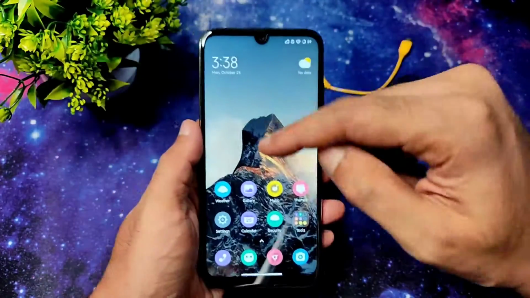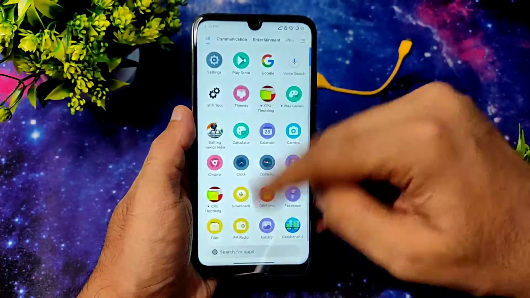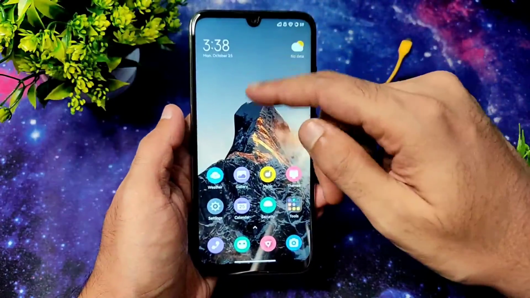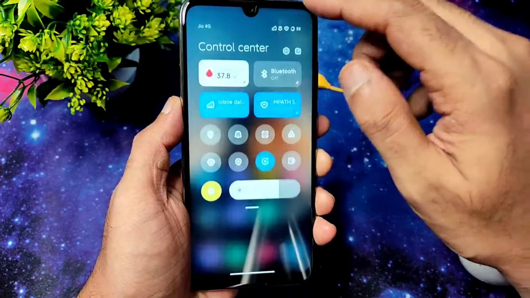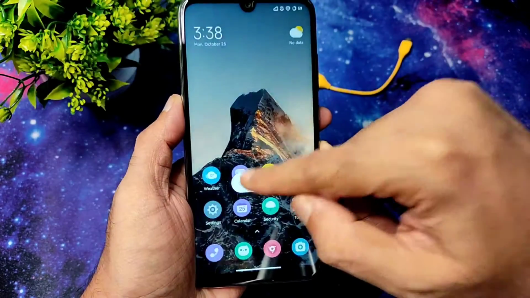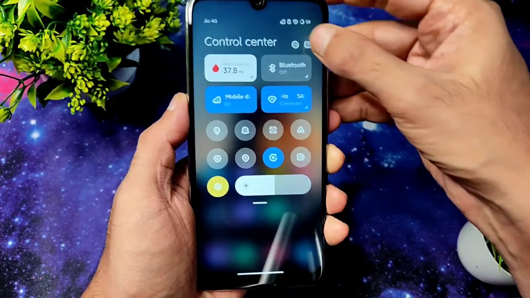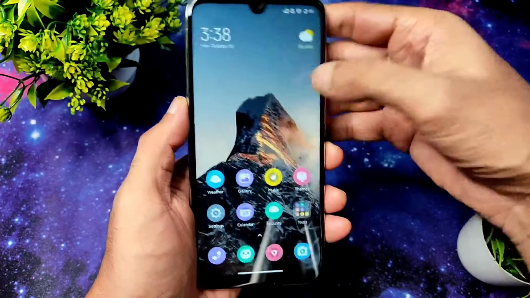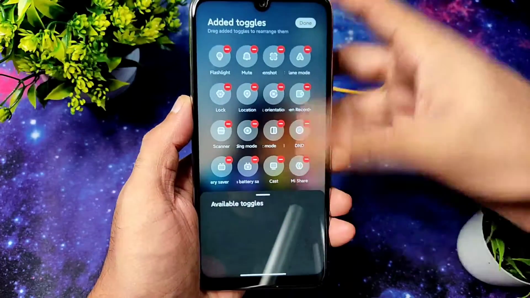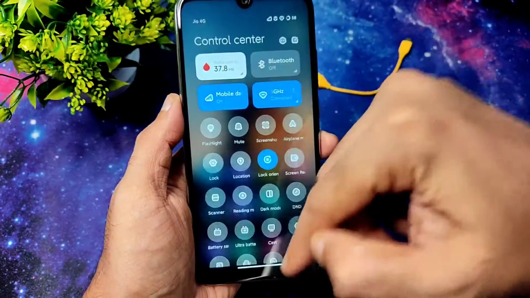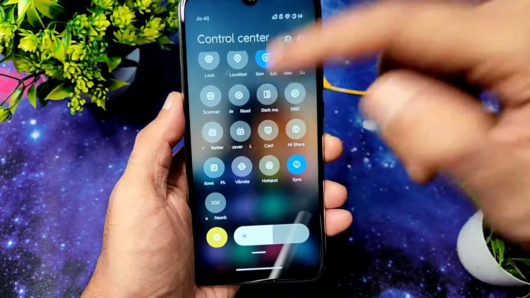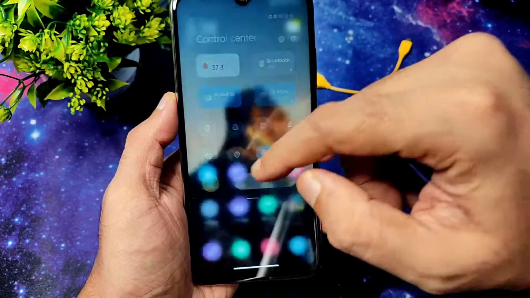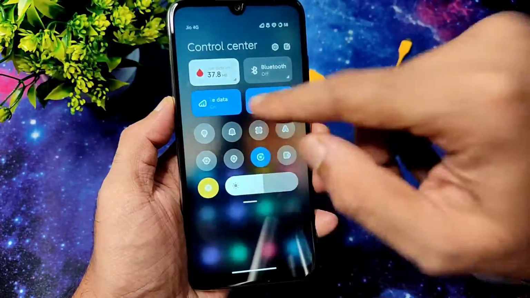This is the home screen you get here, and when I swipe like this you get the app drawer. You can customize everything similar to any MIUI, but it's 12.6 and it's a Mind Edition. And here you get the quick settings panel. As you can see, you can edit a few of the settings, you can add them, or if you don't want them, you can disable them from here. If you swipe like this, these options are given. Plenty of options are given, and some data storage warnings you can set out here, and that's it guys.